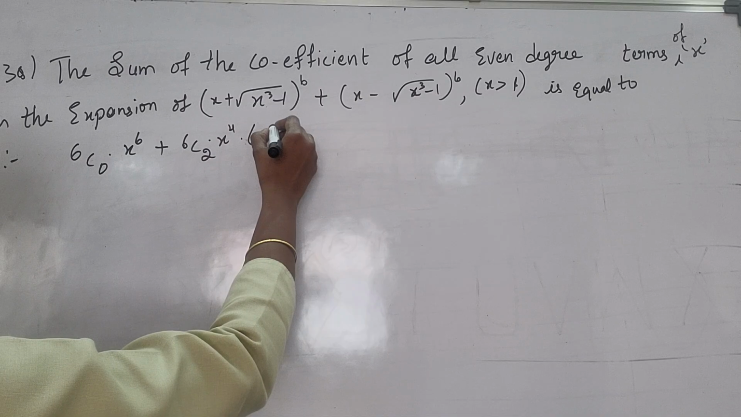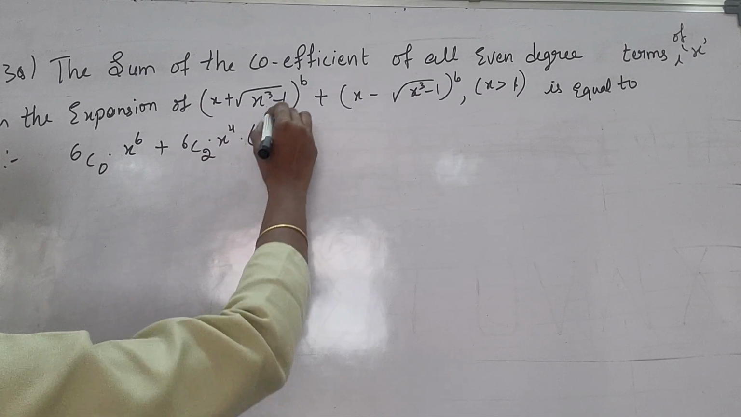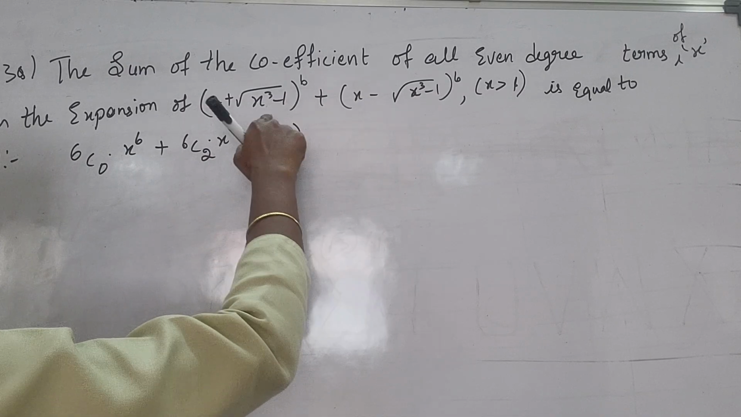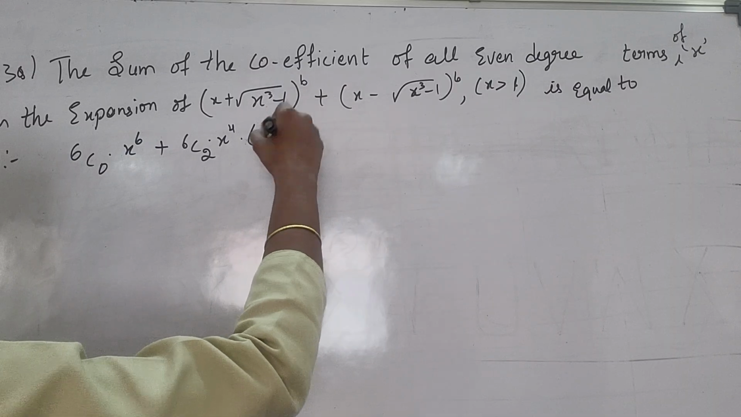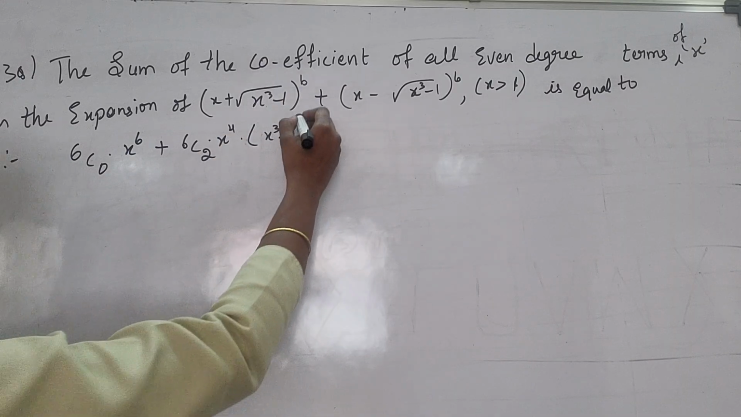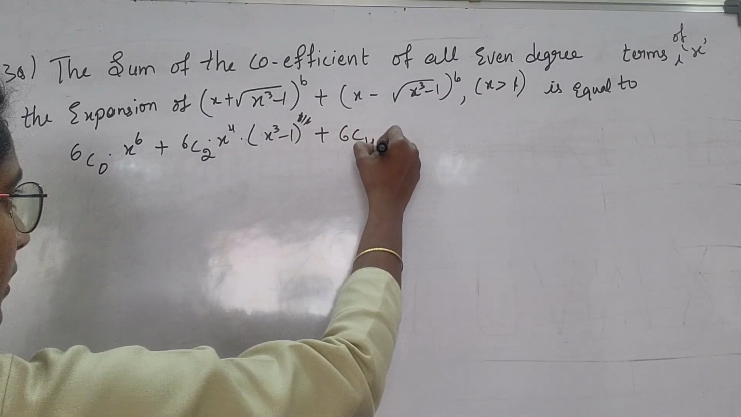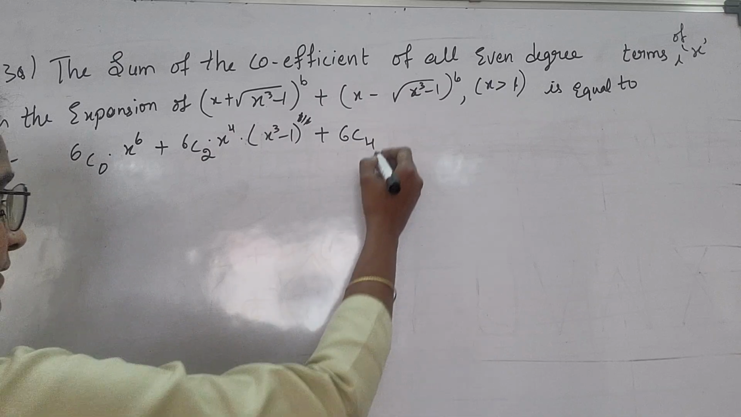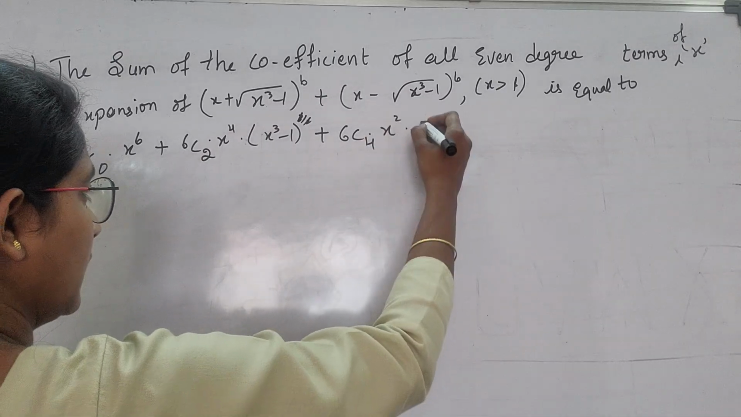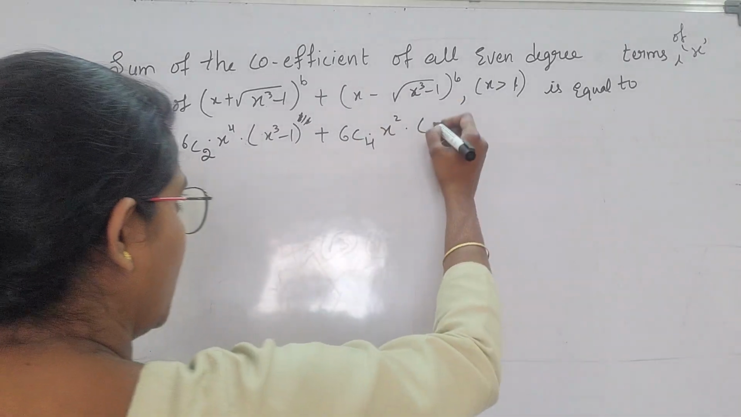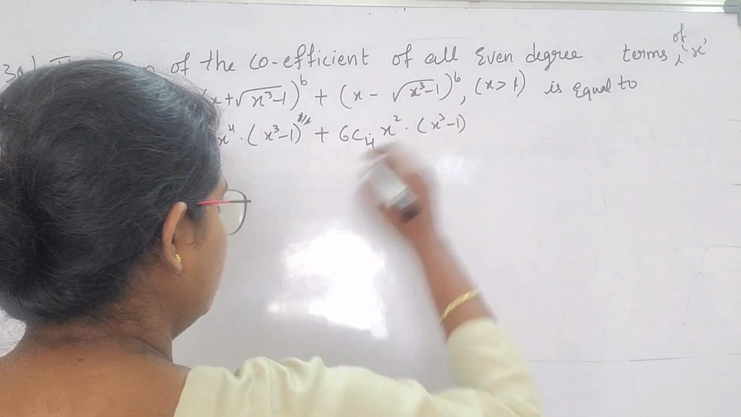(x square minus 1) whole square, and here 1 by 2, right? The root is here, so it will get cancelled. 1 by 2 and 2 gets cancelled. So as it is, you're going to get plus 6C4, here is x power of 2. Then in this, (x cube minus 1)